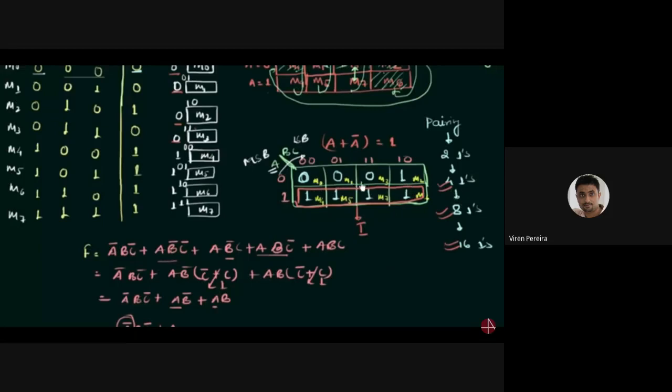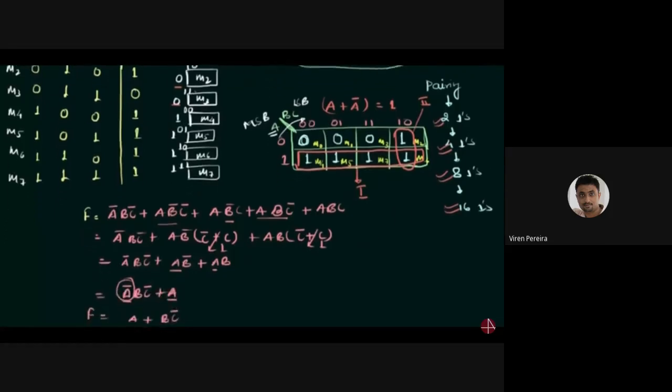Now I cannot see any more pairs of 4 ones, but I can see the pair of 2 ones in this way. So this is our priority, and remember one thing, that the same one can be paired more than one time. For example, in this first pair I have paired this one, M6, and in this second group of ones I have again paired this one, so a single one can be paired more than once. Okay,